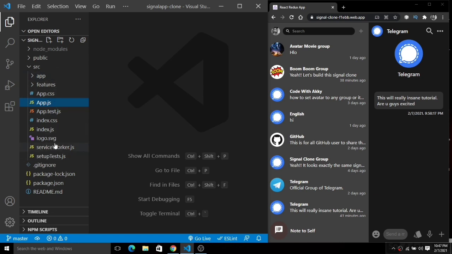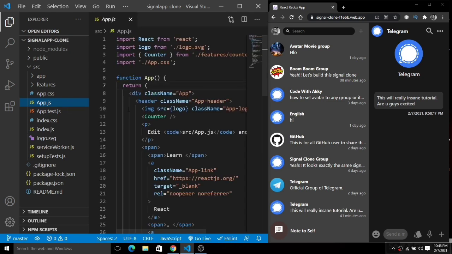After a successful installation of create-react-app, you can see we have these things here, and these things you will get after you fire the command npx create-react-app and the name of the project. Here you can see we have this App.js, just like this.